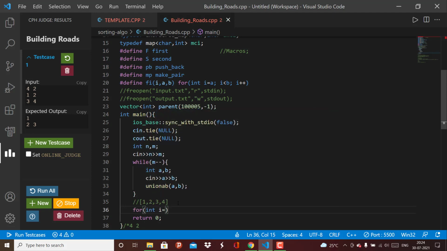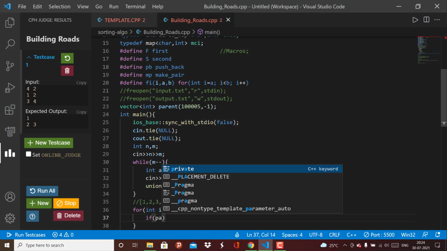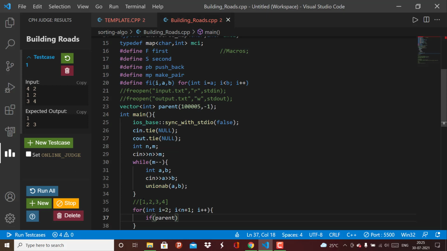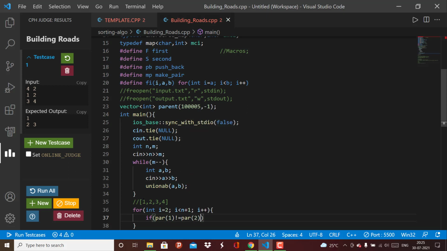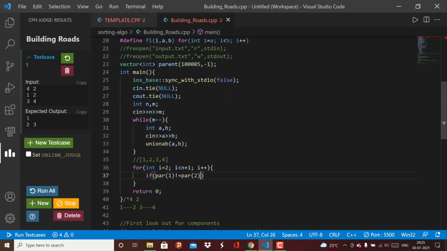So for int I equal to 2, I less than n plus 1, because it starts from 1. While looping, what we need to check is if parent, let's name this function as parent, if parent of 1 is not equal to parent of I, what this means is that they don't belong to the same component, then we need to make a union operation on them.